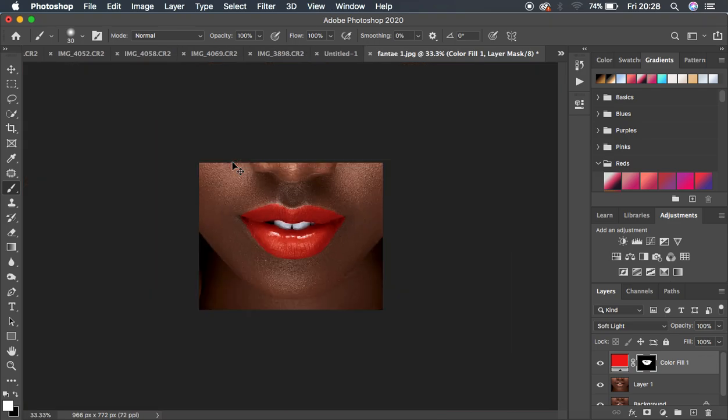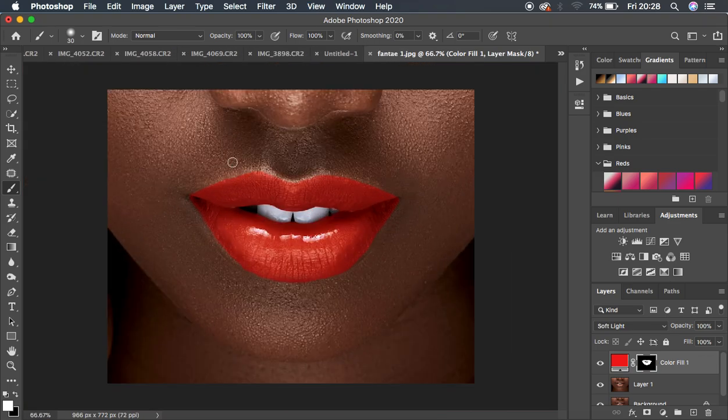You can see that we have a nice color, but this is looking really artificial and doesn't look natural enough. So what we want to do is blend it into the original shadows that we had in this image. So we're just going to come right here on this layer that contains our mask and the solid color,